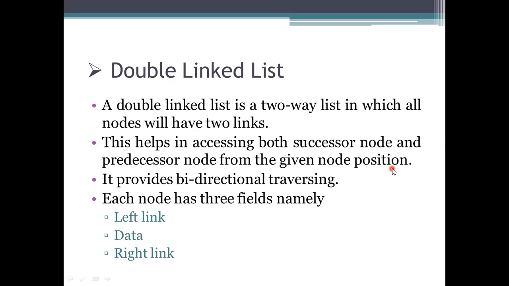And if it has a three-field representation, you need to present the predecessor and the successor on either side of the data. So to get the predecessor, you can go to the left side link, and to get the successor, you can go to the right side link. It is not necessary to go to the head node and start traversing from the beginning. You can go back and forth and then reach the element you are representing.